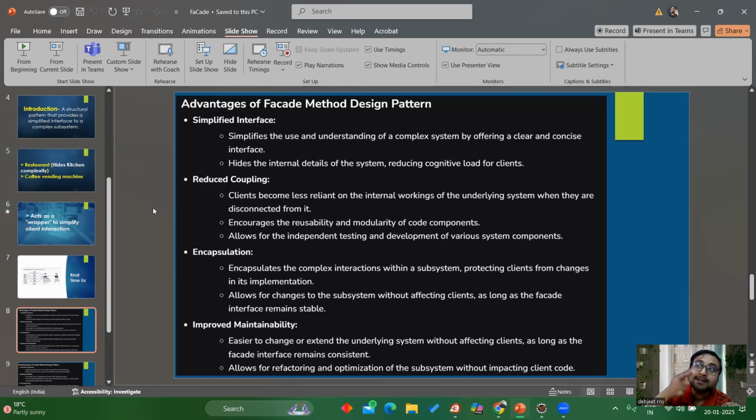Okay, and then you can test the entire system. Then there's encapsulation, so the entire complex interaction with the subsystems is encapsulated to protect the client from the changes and its implementation, so that the client doesn't need to know that. So the entire system will also get saved. And the client will not need to worry about all those